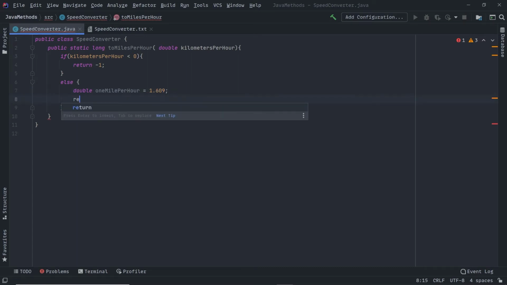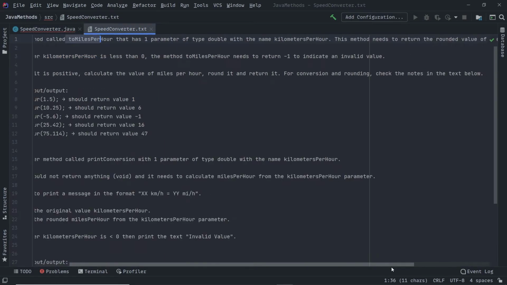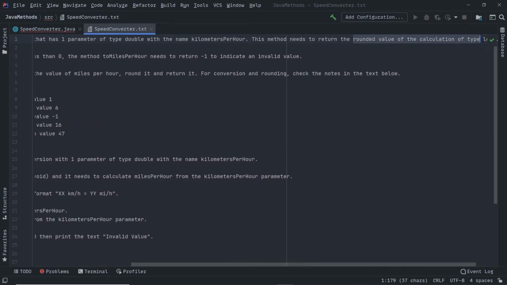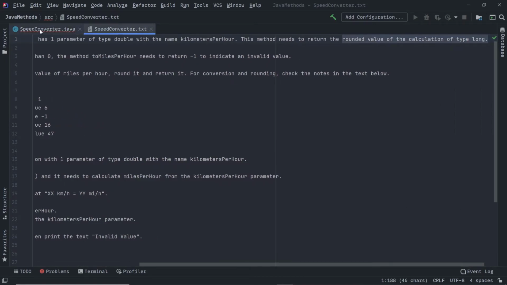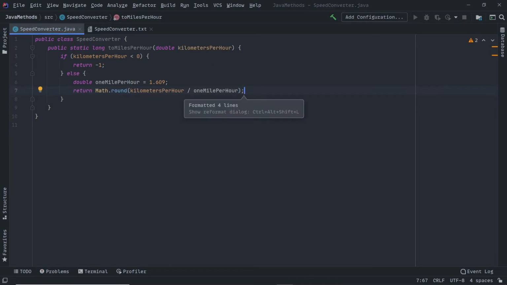Then we need to return Math.round. Why I'm doing round here is that it asked the method to return a rounded value of calculation of type long. So that's why I'm returning a calculated value of type long with round. So kilometersPerHour divided by oneMilePerHour. That's it. Just press Ctrl Alt L to organize your code.